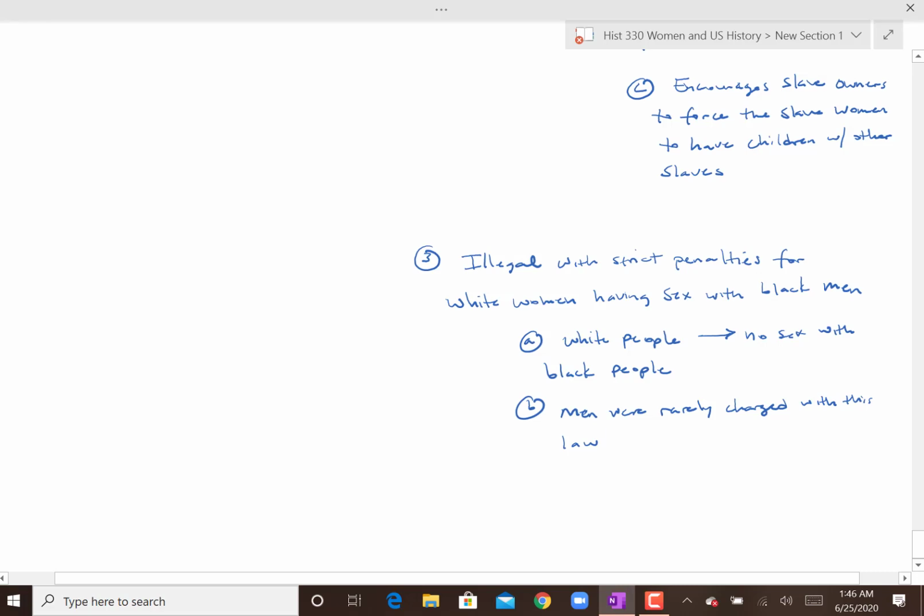And they weren't charged with anything. The only people who were charged by this law, even though technically it applied to all white men and women, were white women. And it was not uncommon for white indentured servant women to get into relationships with black